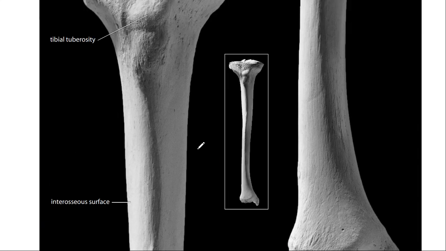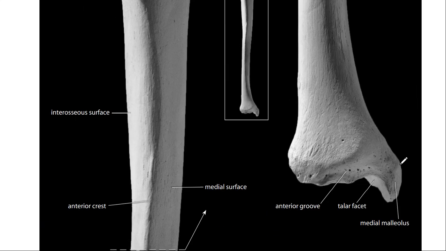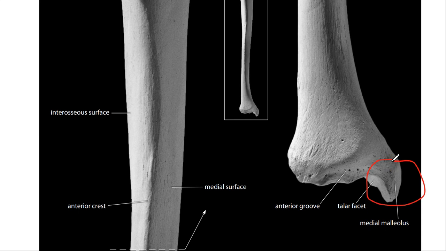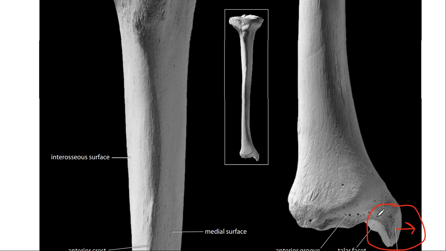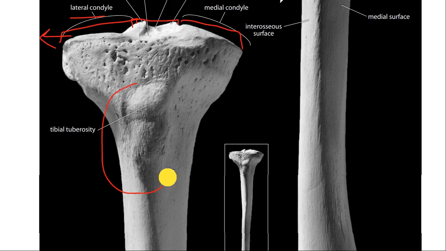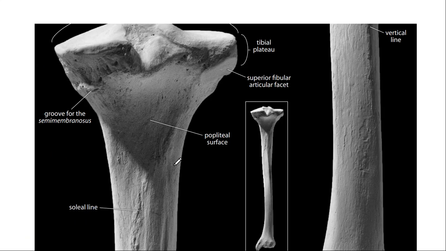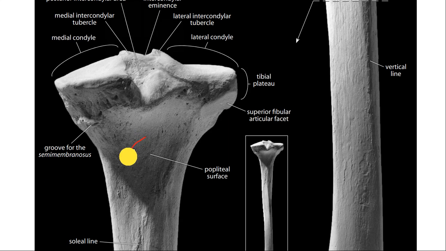Also, one important landmark when we were discussing yesterday is the medial malleolus. Now this is directed medially, towards the center of your body. So while identifying whether it's a right or a left bone, you can keep this as an important marker. If you locate the head with the tuberosity on the front, on the anterior side, then if you see the back side, there is no tuberosity at the center.